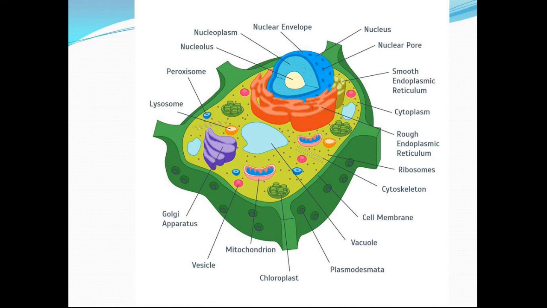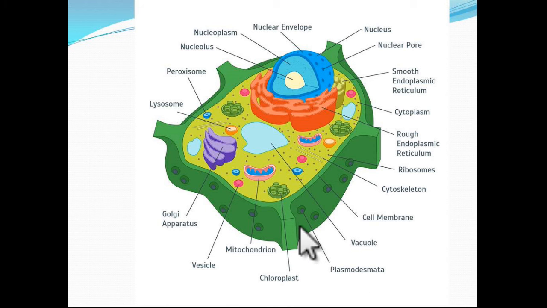Just see here, this is again showing you all the organelles children. You can see here, nucleus is there, having nuclear envelope, having nuclear pores, nucleoplasm, nucleolus. Here peroxisome is present, which I told you I'll just show you in another diagram. Lysosome is present here. This is Golgi apparatus. Vesicles are present. Mitochondria is present. Chloroplast.